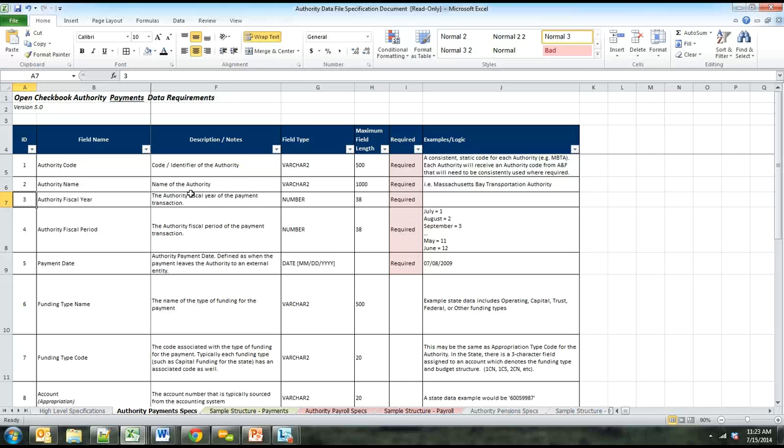Your authority name, that should be pretty straightforward. The authority fiscal year and fiscal period. So this may be, 3, 4, and 5 kind of actually go together in a way. There's also the payment date in there. The payment date may be separate from the fiscal period and fiscal year, depending on when that payment was actually allocated or adjusted for in your